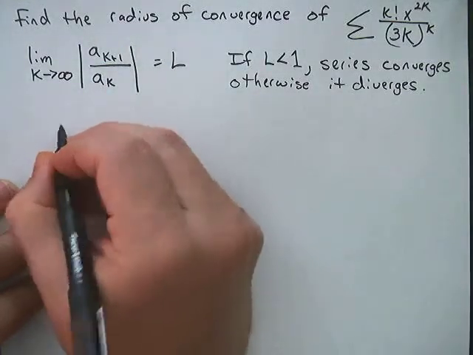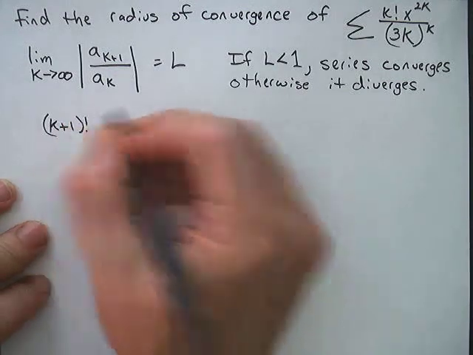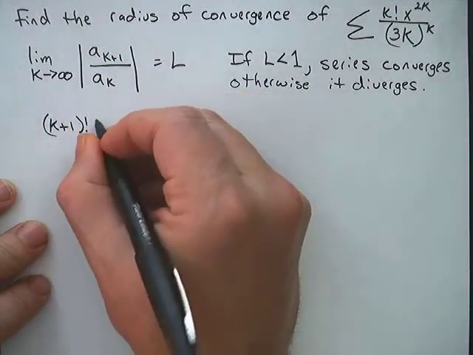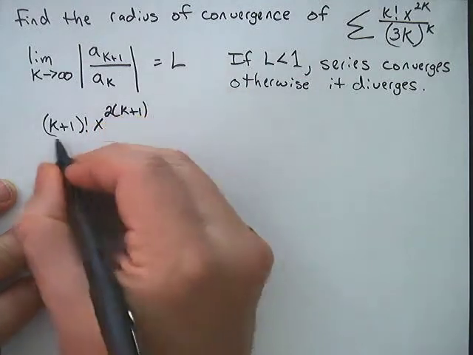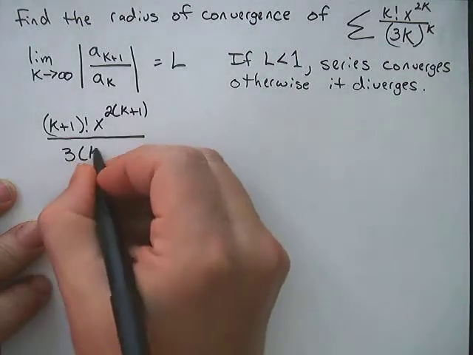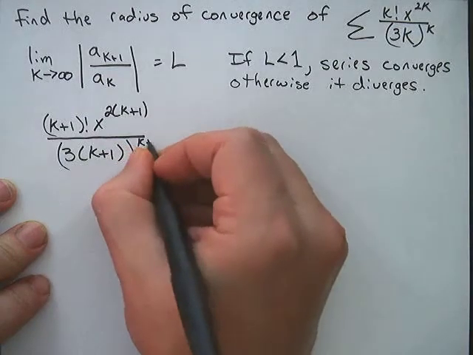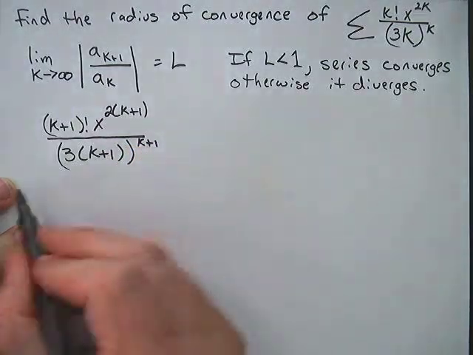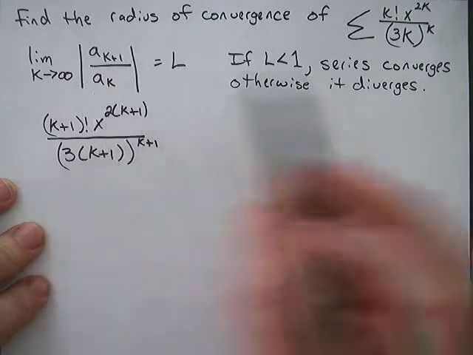So let's plug in a k plus 1. So we get k plus 1 factorial times x to the 2 times k plus 1 divided by 3 times k plus 1 to the k plus 1 power. Now we're going to divide by the original, this is a sub k,